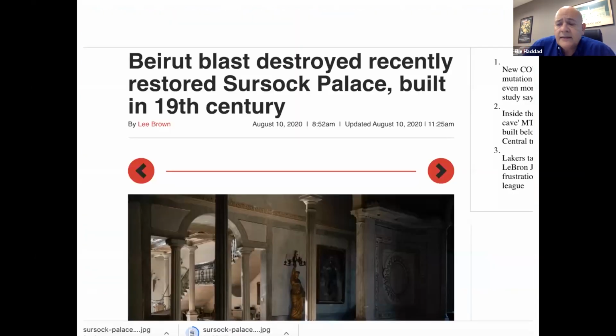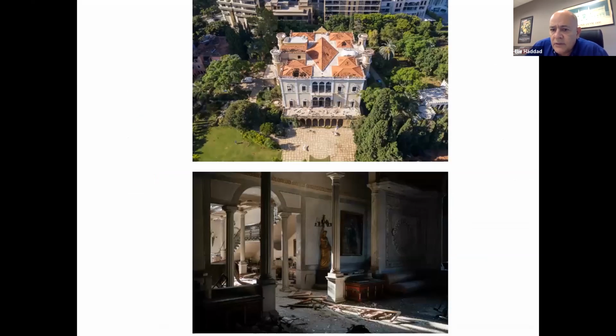This area has received great attention, of course, due to the lavish mansions that it has along Sursuk Street. Sursuk is one of the richest families that used to have financial interests in the port of Beirut, as well as in Egypt and in Palestine and other areas. So they were a very big entrepreneurial family. And of course, most of the family members built their mansions along the street, which received a large part of the explosion effect. And this shows one of the big mansions of the Sursuk family,